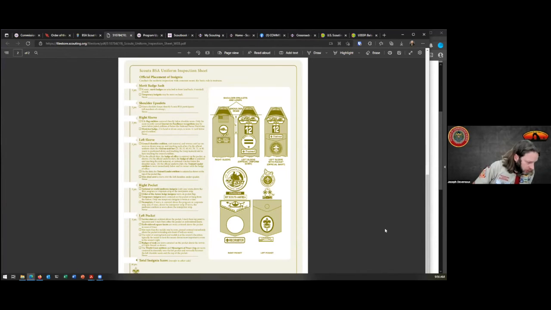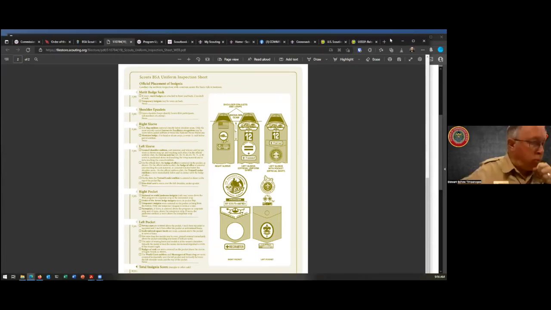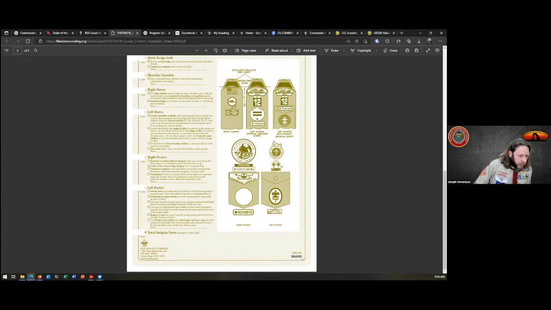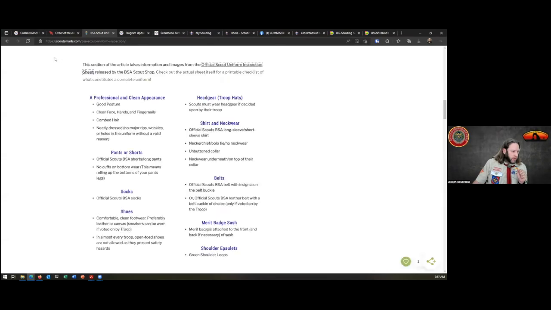The other thing you can always check. Let's see if my window is the right size. Wait, no, that's not the right window. I'll shrink this just a little bit. The other thing to look at at the bottom is the revision date. So 8/19 is when this one was published. That is probably the current one because they haven't revisited it since then. And also it has this official address, Walnut Hill Lane. That's the headquarters for Scouting, and the link to scouting.org there in the corner. So that leads me to believe that's the correct form versus the other ones that we had here.